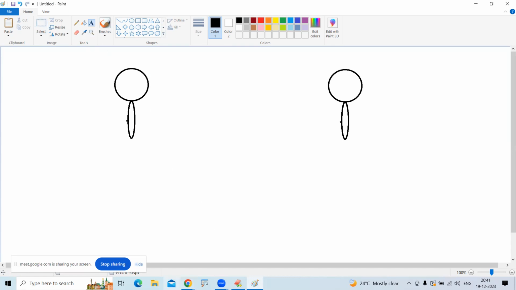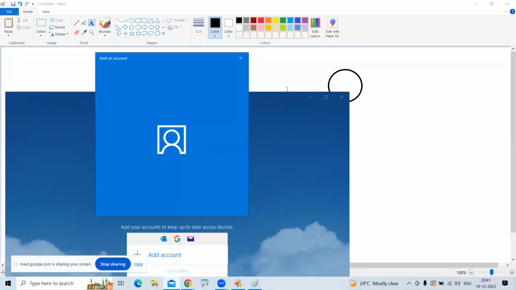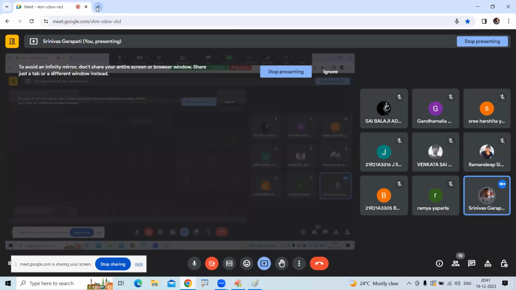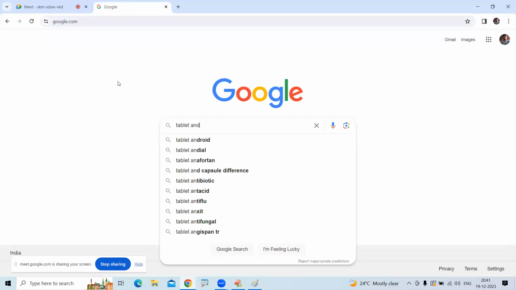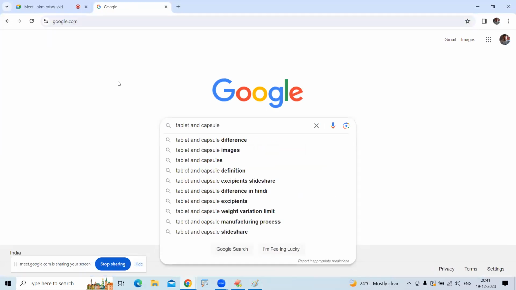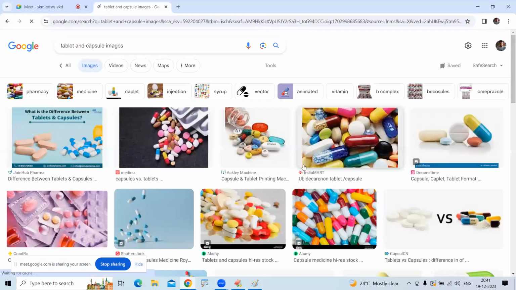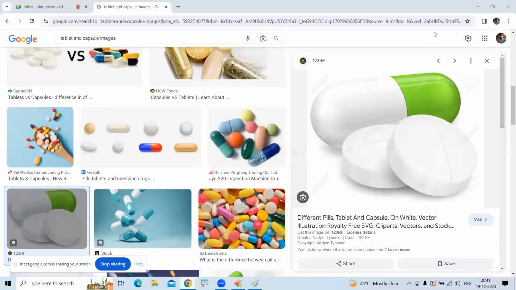Just think normally. Here I am taking a tablet and a capsule. Let me explain with these things only so that you will get clarity and can easily understand. What is the difference between these two first of all? See, this one,